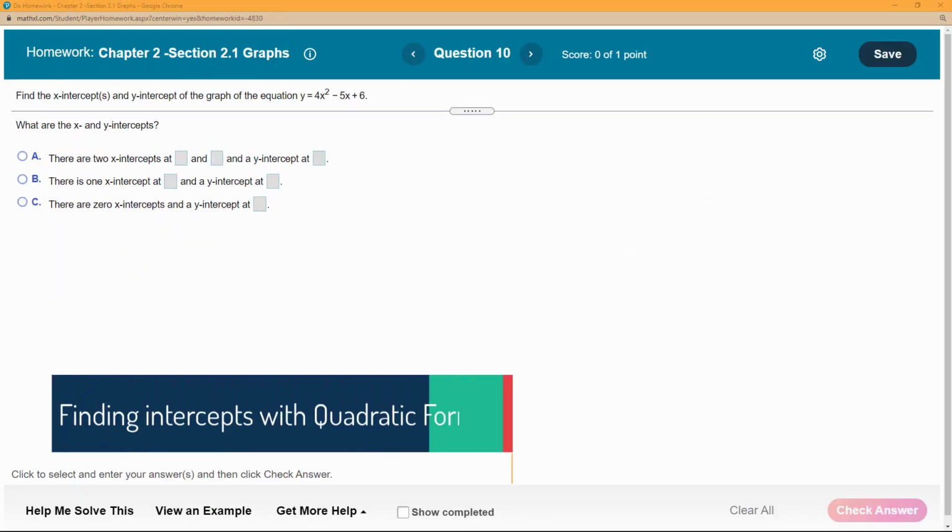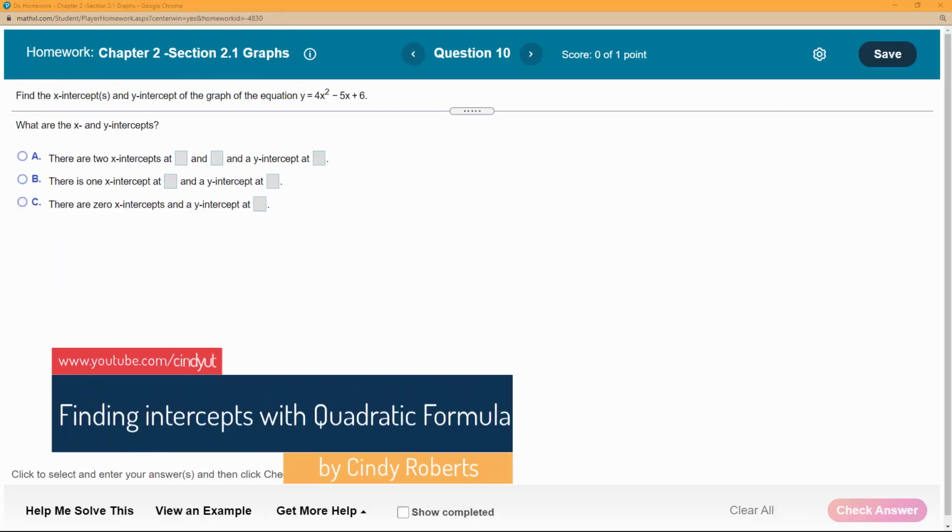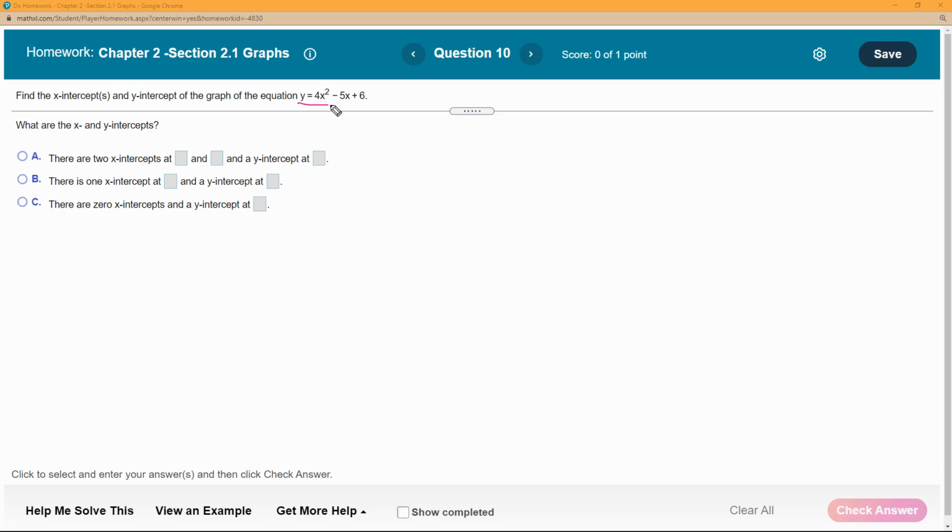All right, you think you got these x and y intercepts down until they throw something like this. This looks a little scary because, yeah, I'm not really sure what to do here. So I know the